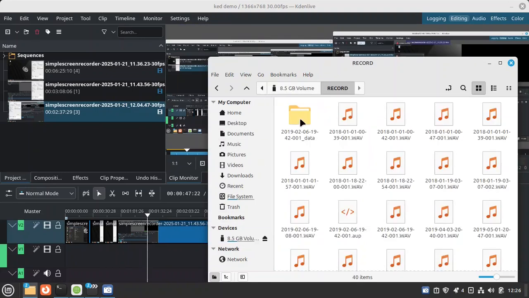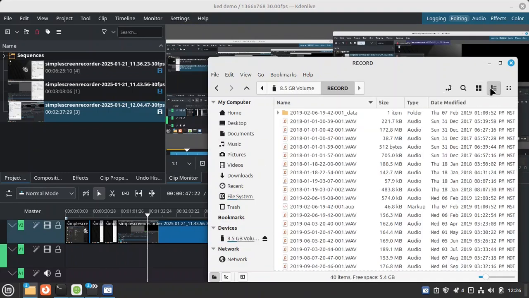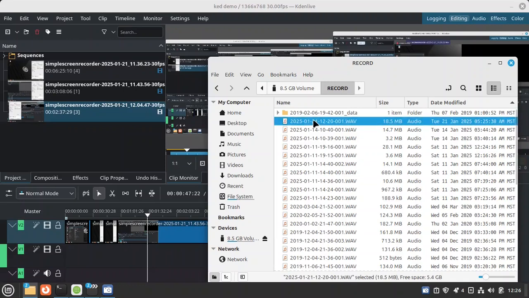I have a little memory stick that I like to use, and so I just go into it and find which one it is, like what's the most recent one. I just click on date modified and it'll show me the most current one. And I grab that